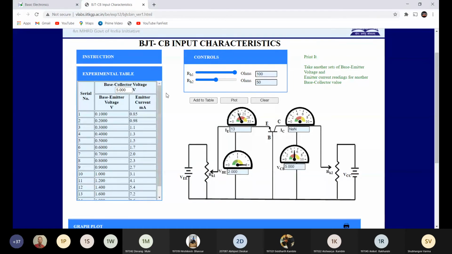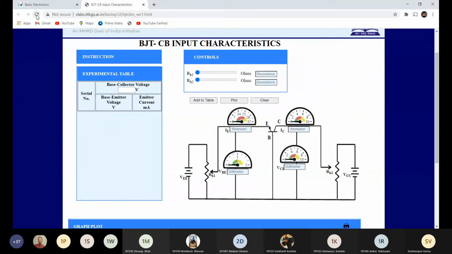Then again clear the readings and change the RH2 so that you get 10 volt on the VCB. So three times you have to change the RH2, only 3 times, because we are keeping the output voltage constant and performing the input characteristic.